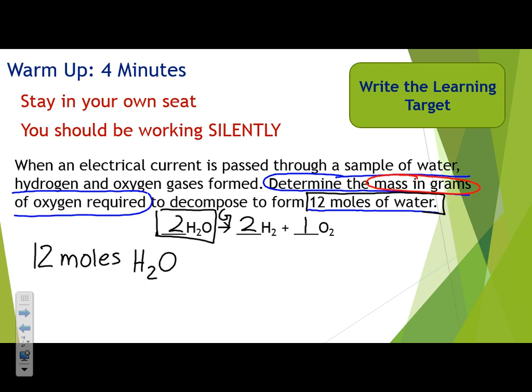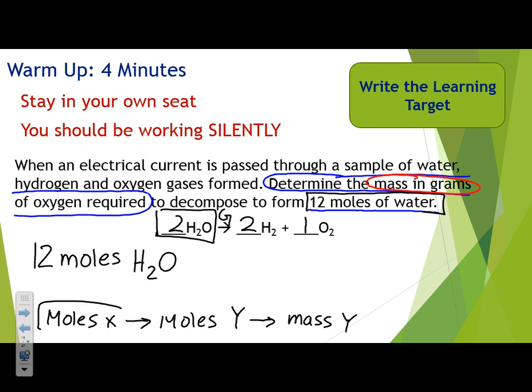So this here is a moles to mass problem, meaning that we need to go from moles of X to moles of Y, finally to the mass of Y. So we start out with moles of X here. Moles of X is our 12 moles of water. We multiply this by our first conversion factor, our proportion. Now the coefficients in our reaction tell us that for every 2 moles of H2O,